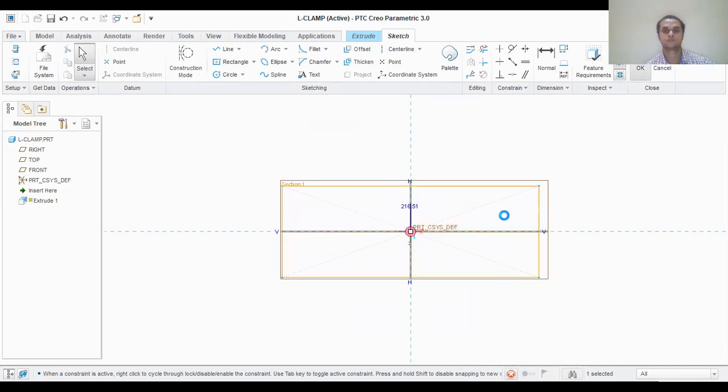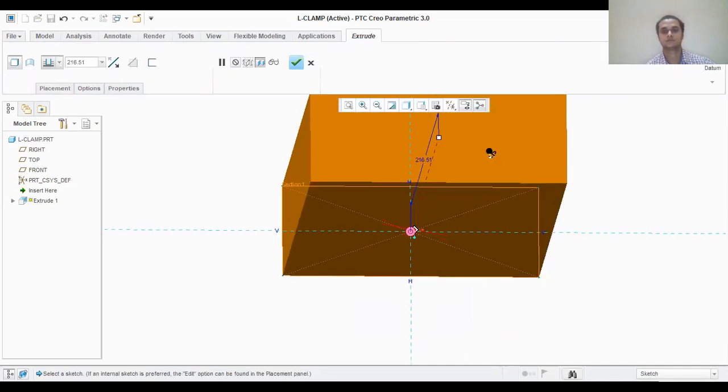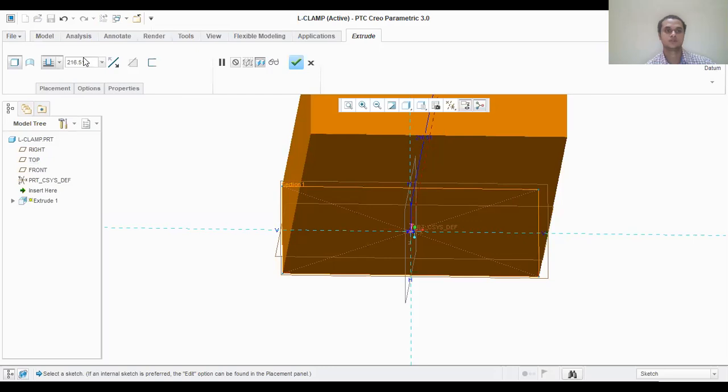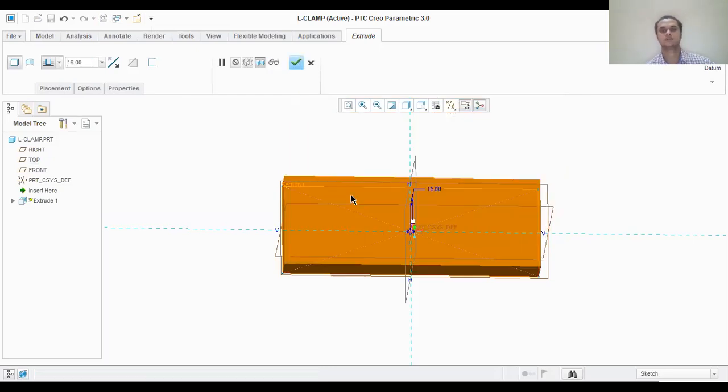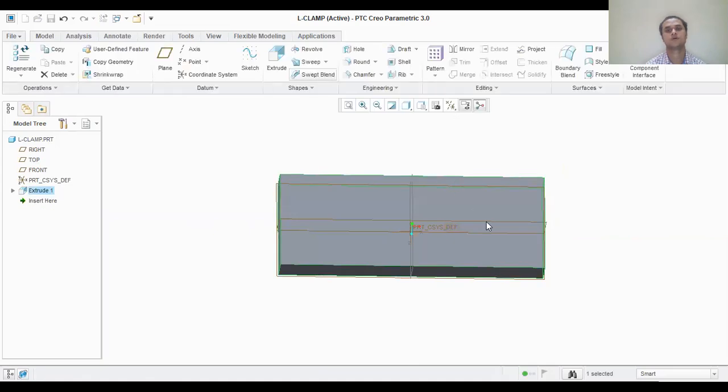And directly it will ask to extrude. So you can see this is extrude. Here I'll give the height as only 16, 16 and enter. So this is what I have drawn. This is 118 and this is 44. I click on OK, so that the bottom face I have done.